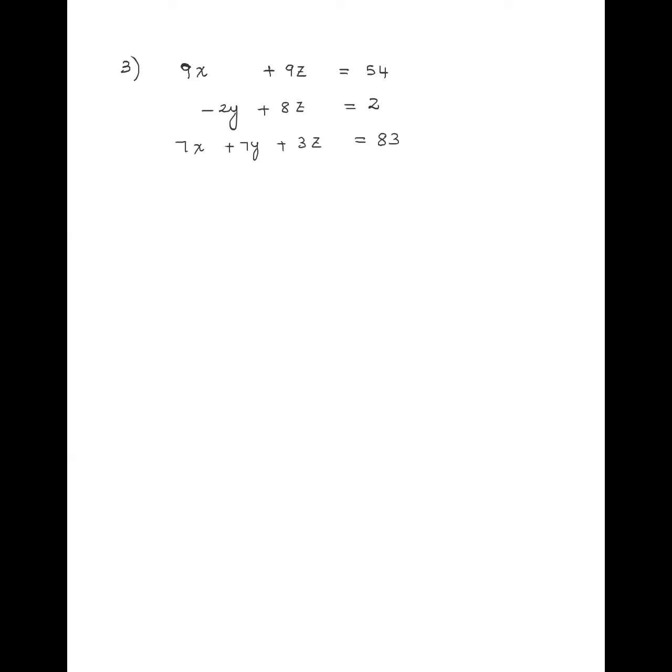It's a matrix of 3 by 3, that is 3 variables and 3 equations. So wherever the variables are missing, we have to put 0 because the coefficient for that particular variable is 0. So the augmented matrix is